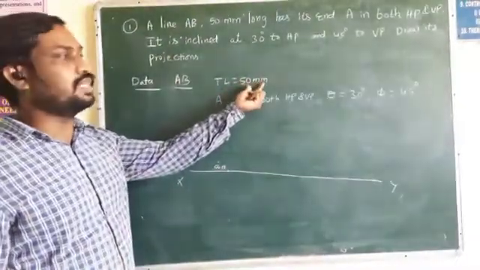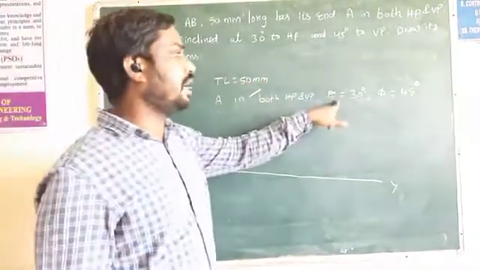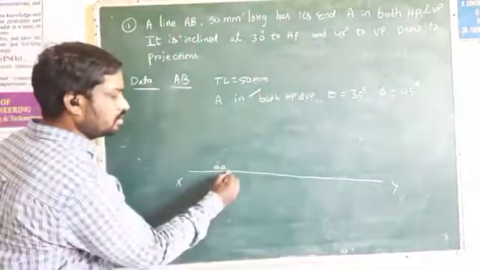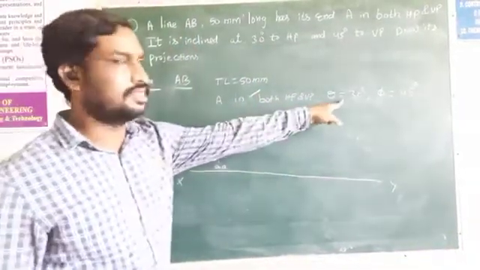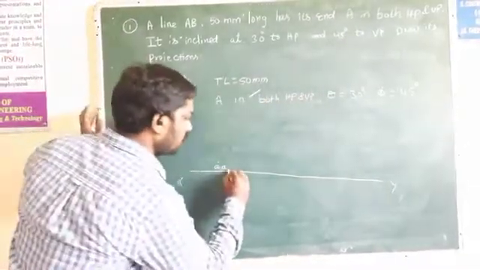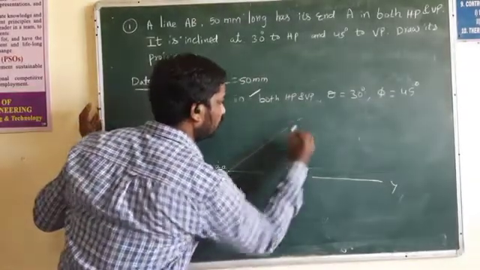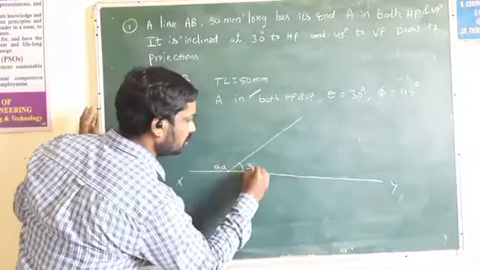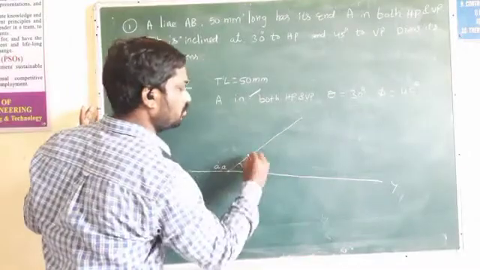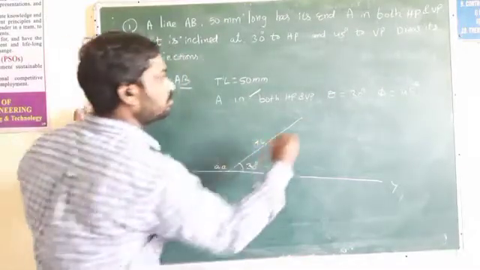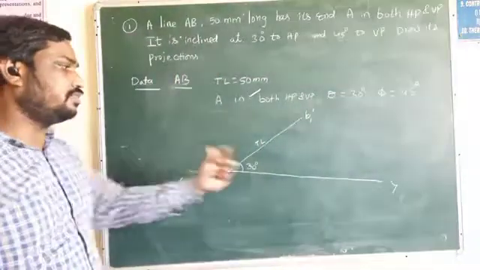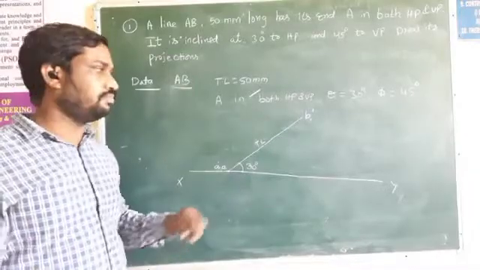Now go for the 50 mm true length. What is the angle given for the true length? The true angle is 30 degrees. So I take a protractor and make an angle of 30 degrees, and the length is 50 mm. This is the true length, 50 mm. This is the ending point. I take this as B1 dash, because this is the front view, so we put a dash.